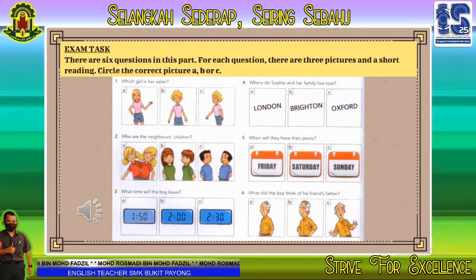Is your sister the one with the short hair? Then the girl said, no, my sister's got long straight hair. So for picture number 1, which one is long straight hair? Of course, this girl. Answer A, right?